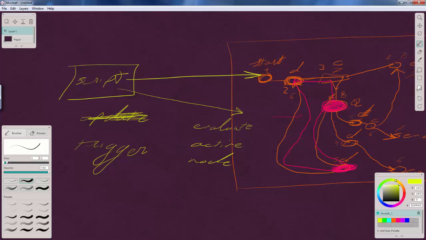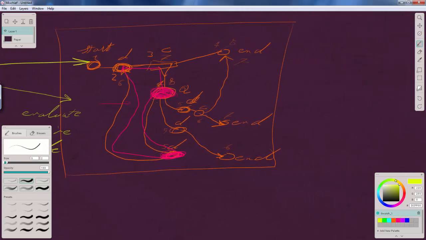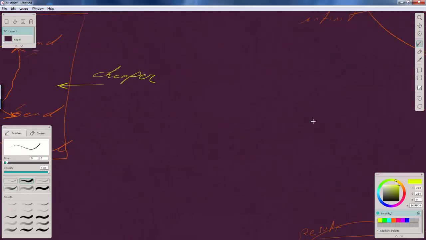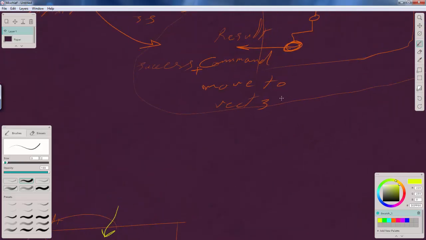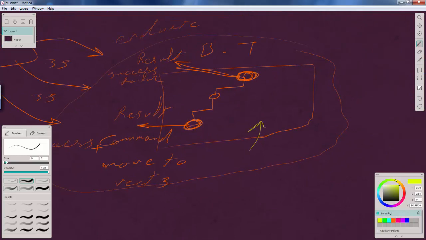So here we don't have intervals, but we have a trigger. And each time the graph is evaluating, it will evaluate only a single node, not all the graph. So you can immediately say it's cheaper. Tons cheaper than something like a whole graph or a behavior tree. Because maybe a behavior tree needs to go to the end result of a branch until it evaluates outside. Or maybe this last one is jumping out. So it can be cheap